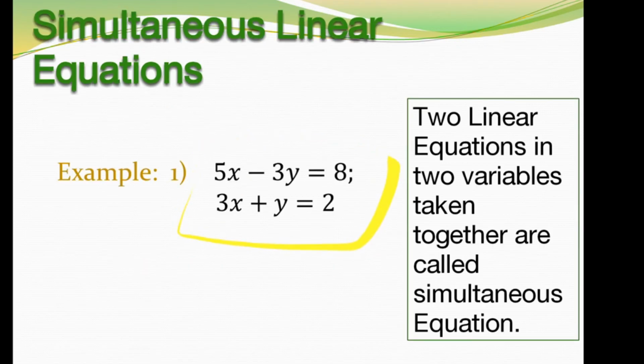We are solving this, which means we want to find the values of x and y with the help of these two given equations, and that solution, that value of x and y, satisfies both equations. If we put the values of x and y in the left hand side of equation 1, then we get 8, which is the value of the right hand side. It means this equation is satisfied.